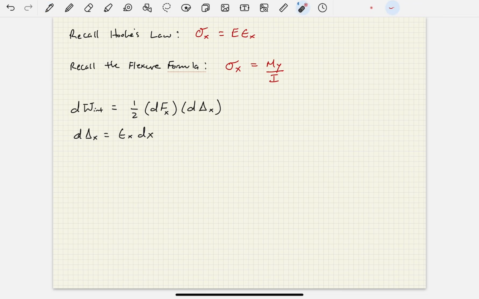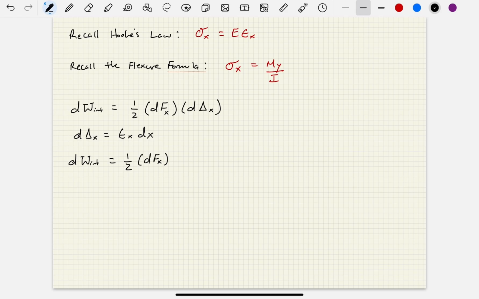How do I know that? Well, this is just the definition of strain. I just rearranged it, right? Strain is a deformation divided by an original length, but this is the differential form of that, okay? So I can piece all of this together, and I can say dW internal is equal to 1/2